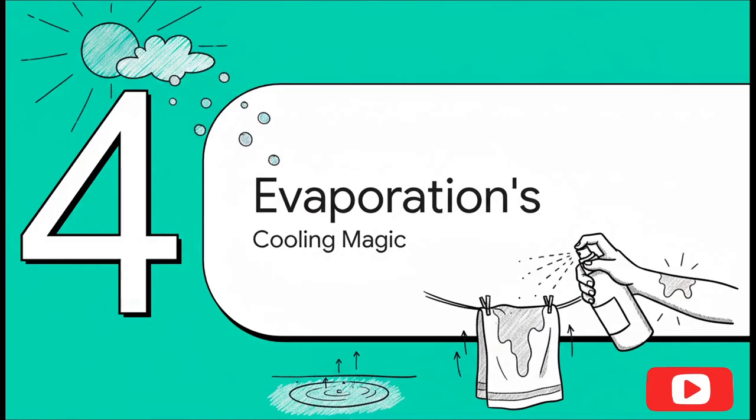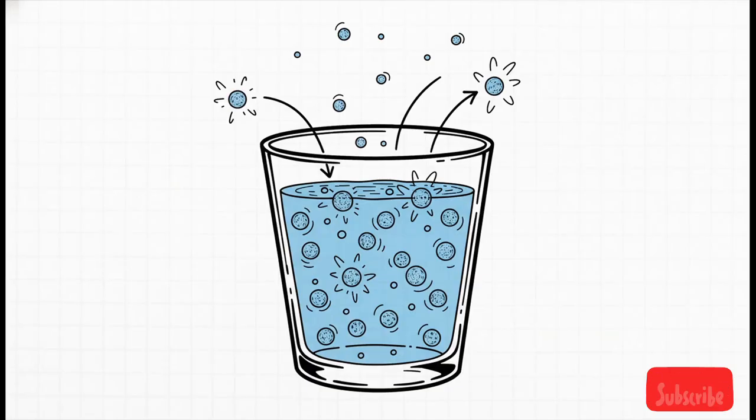But, you don't have to boil water to turn it into a gas. There's a much slower, gentler way this happens, and it's a kind of magic that you actually experience every single day. We're talking about evaporation. Now, here's the key difference. Boiling happens all through the water, right? The bubbles come from the bottom. But evaporation, that only happens at the very top, at the surface. At pretty much any temperature, a few of the most energetic particles right at the surface will manage to get just enough of a kick to break free and float off into the air.